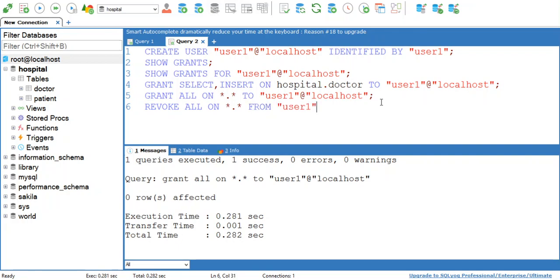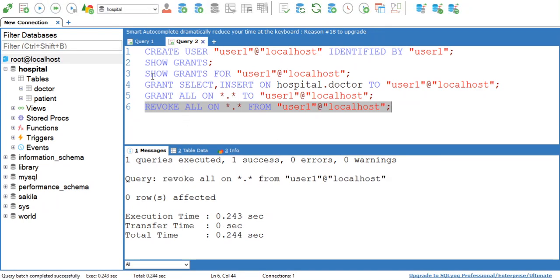From user1. I am revoking all permissions from user1 on all databases. Execute this, successfully executed.